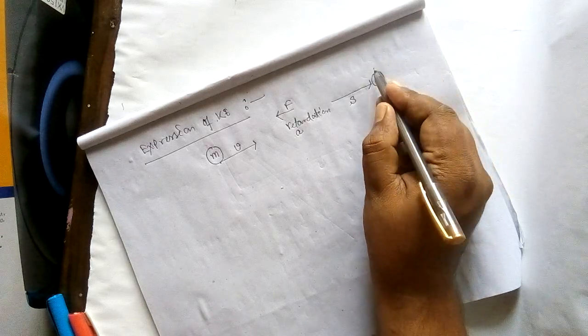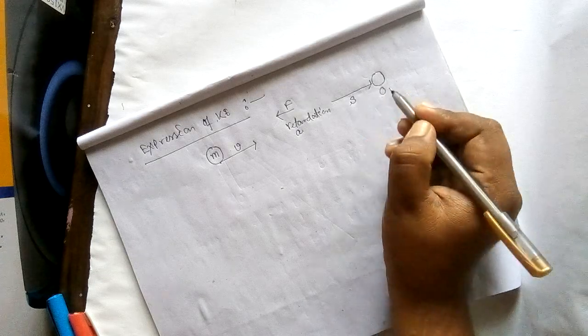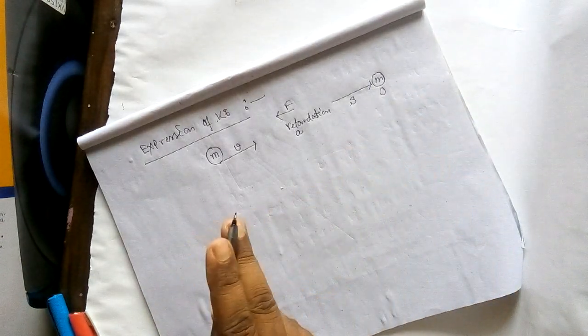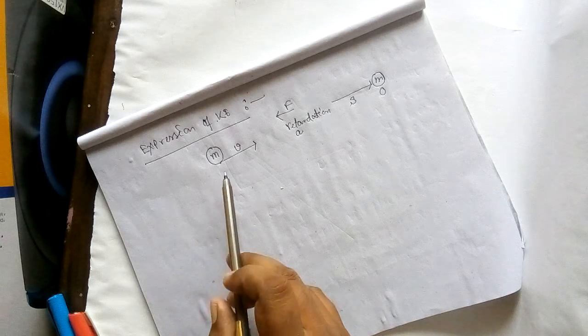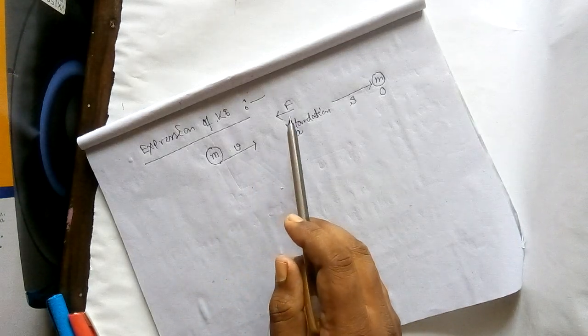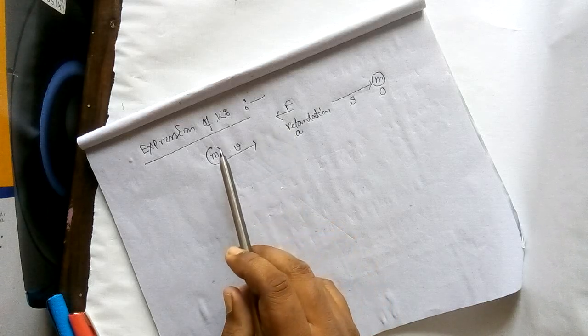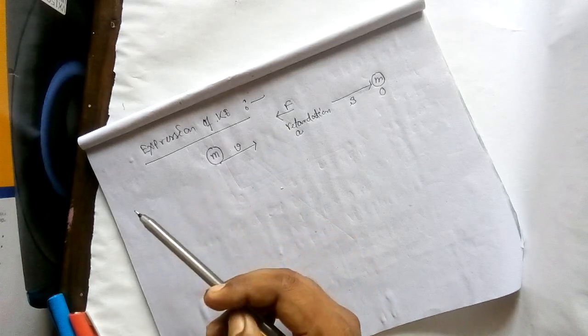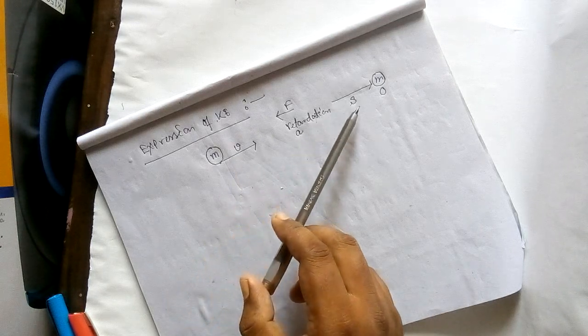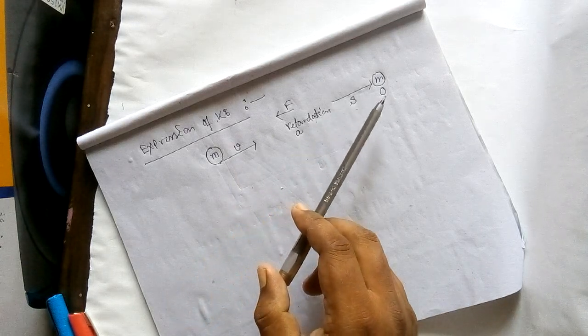Now the velocity is 0. That is the story. A body of mass m is moving with a velocity v, and then a force F acts against the motion of the body, and that's why a retardation a is produced. For that reason, after covering distance s, the body stops.